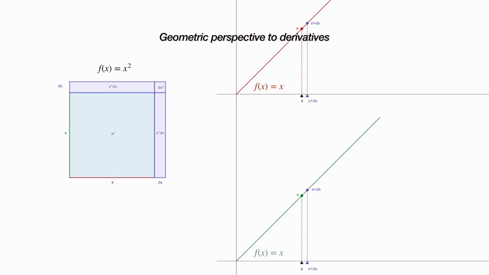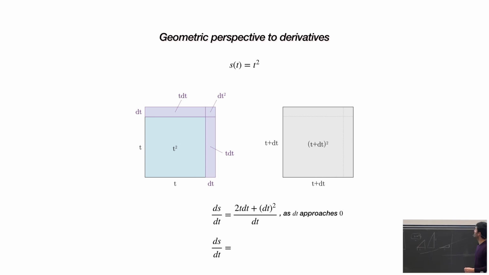So you have the light blue area of x squared, and you see something around it now, yeah? This is what the derivative added to the area. Okay. Let's see it more closely. The derivative here is this added area, this purple area, divided by what caused it. And what caused it is this distance of dt, in this case, yeah?